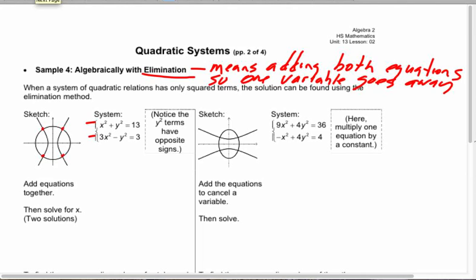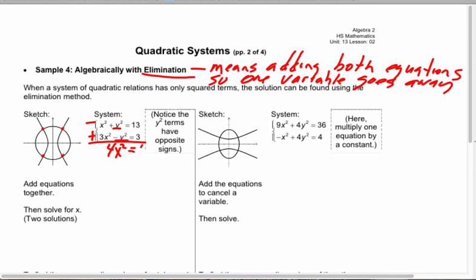Now, if you take a look, these two y terms have opposite signs. So if we add these two together, y squared minus y squared will give us 0y squared. So I end up with x squared plus 3x squared. That gives me 4x squared equals 2